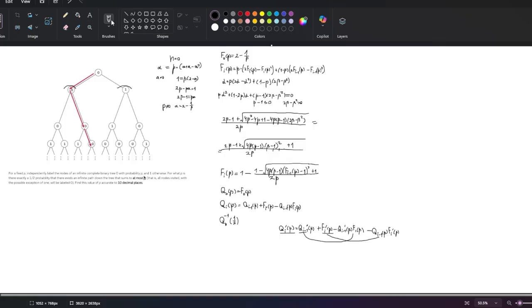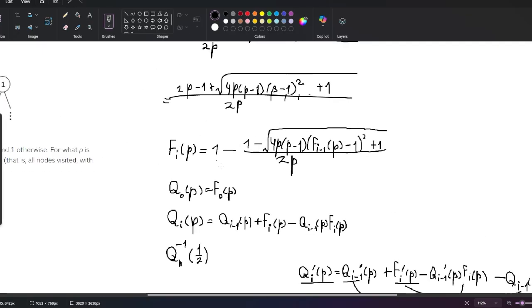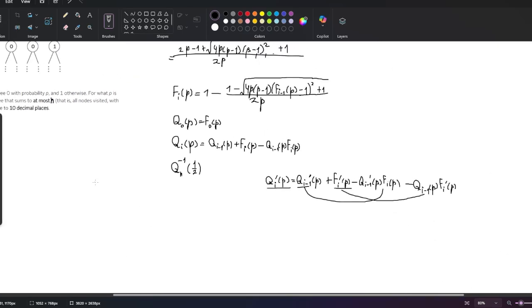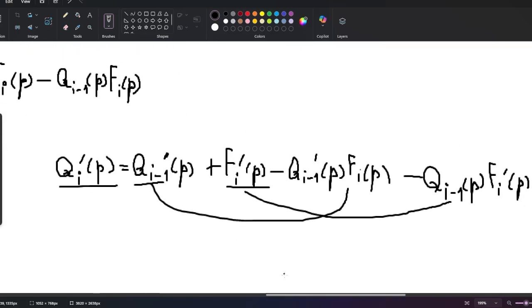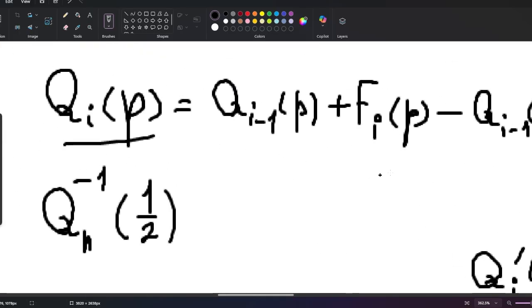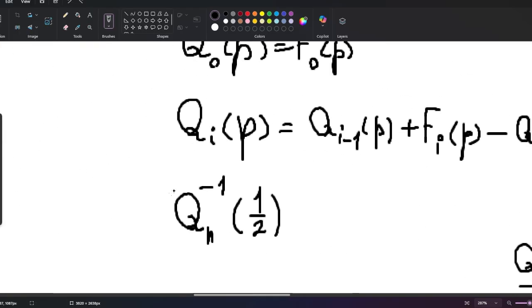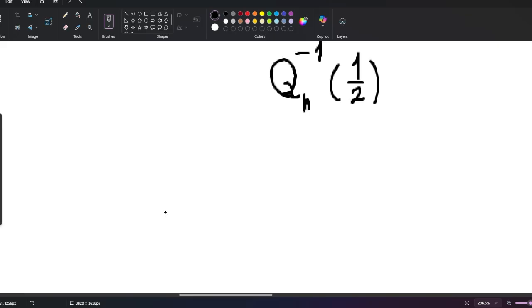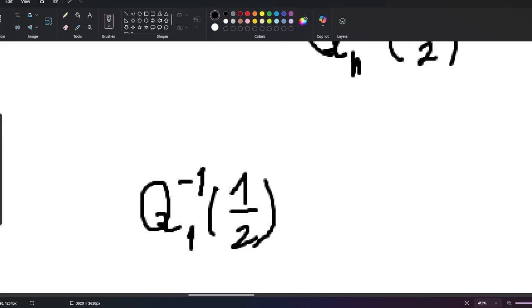Alright, so at the end, assuming that fi is going to be injective too, then qi of p is going to be injective, so you can have an inverse of it. And the solution for the initially proposed problem, q inverse of 1 over 2, is going to be,